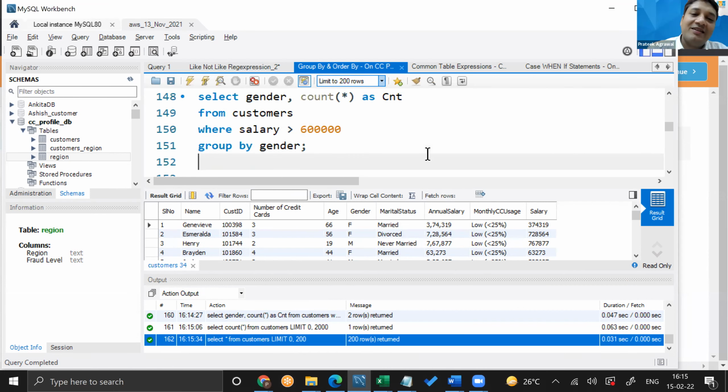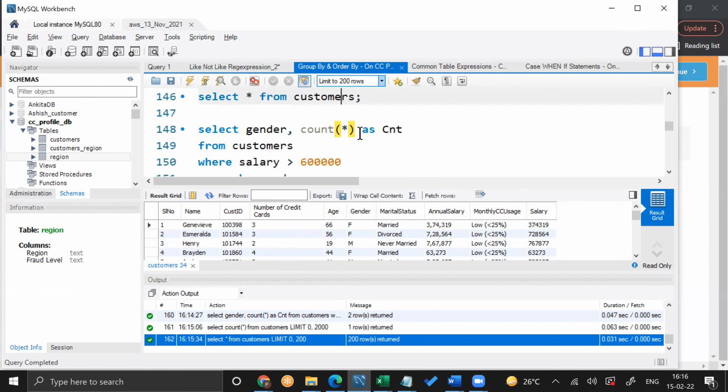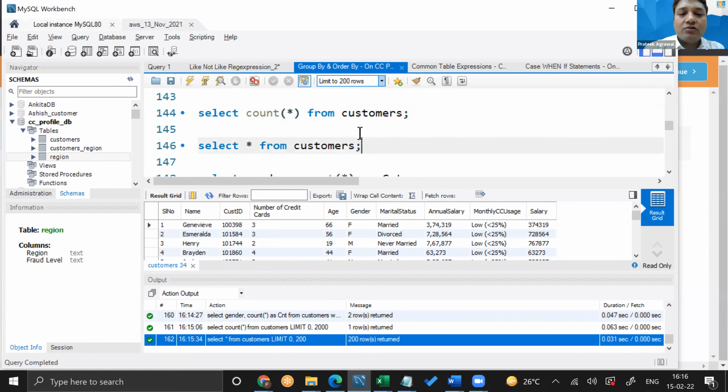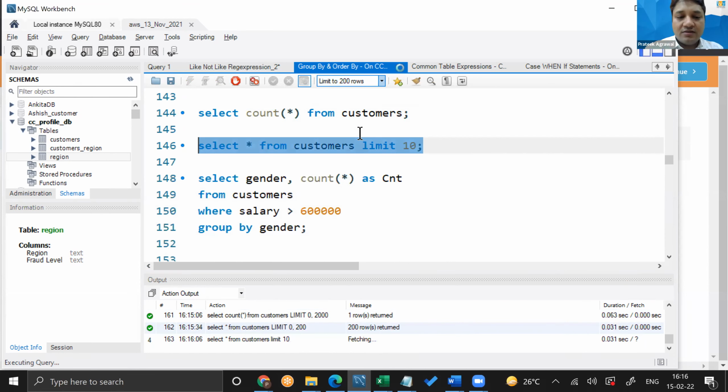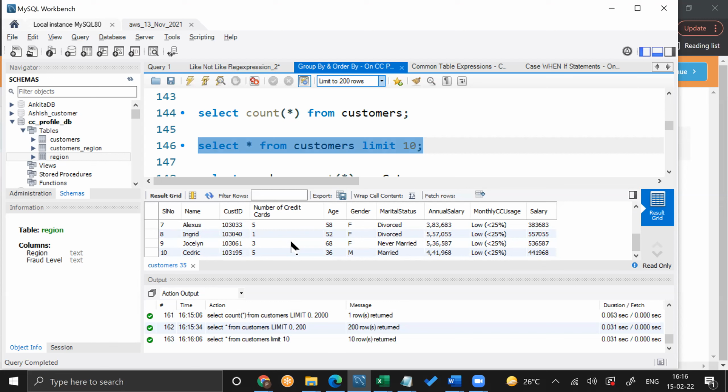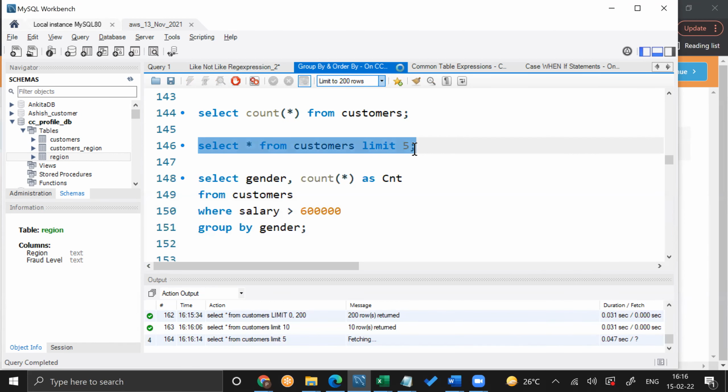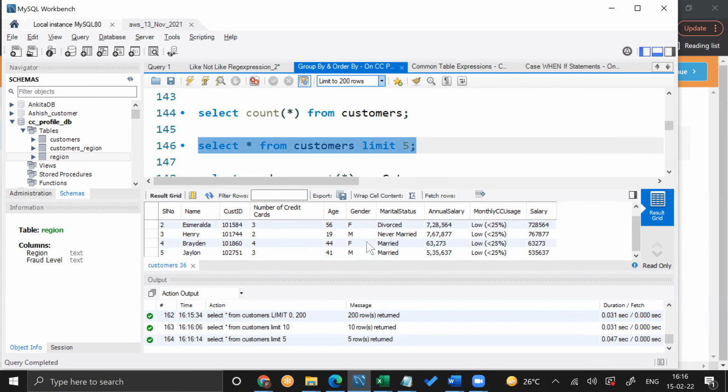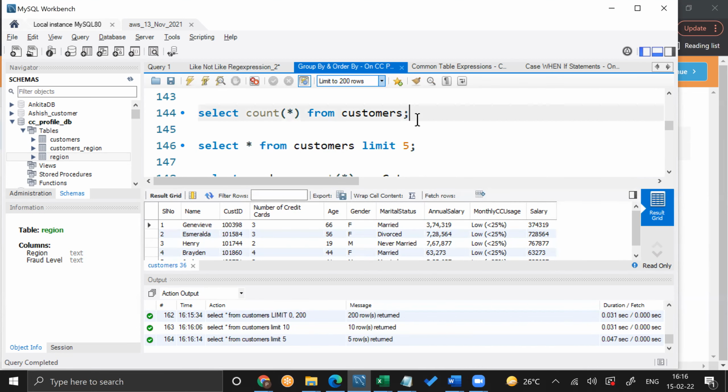In PopSQL, on the right extreme there is an option to limit it to 100 or everything. So if we need everything, we can do that. Or you can manually write it also, for example, limit 10. If we require 5 lines only, limit to 5. We did it earlier in one session. Makes sense, thank you.